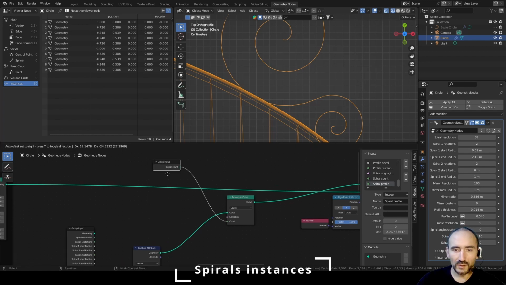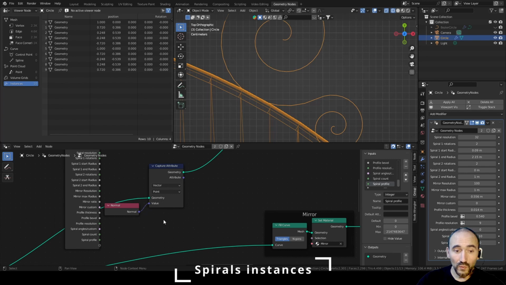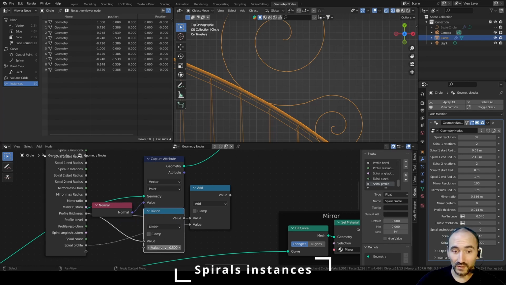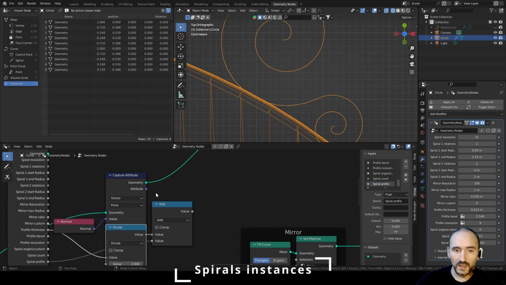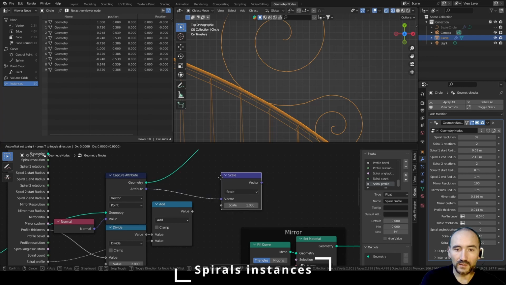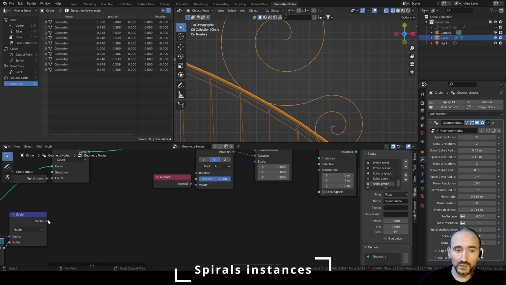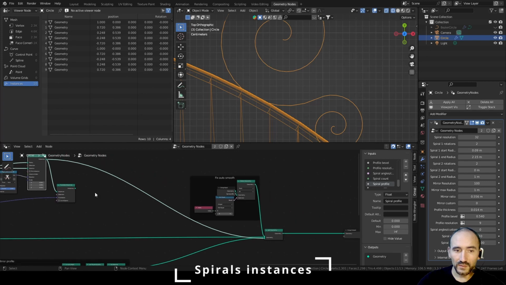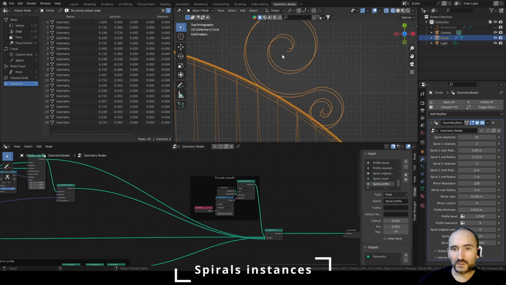We can press Ctrl H because we need here only the spiral count, and here we want to use the spiral profile that is a float number from 0. We want to add the profile thickness with the spiral profile, so in this case not the thickness itself but the thickness divided by 2, because the thickness is the total distance from here to here, so we want only the middle part here. So these added to the spiral profile, and use the original normal scaled by this amount, and use this for the translation of our translate instance. So I can link these to the output geometry,